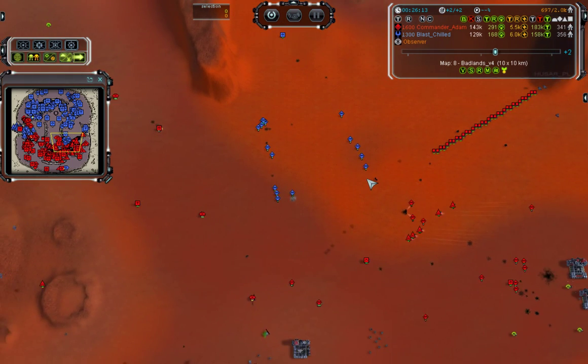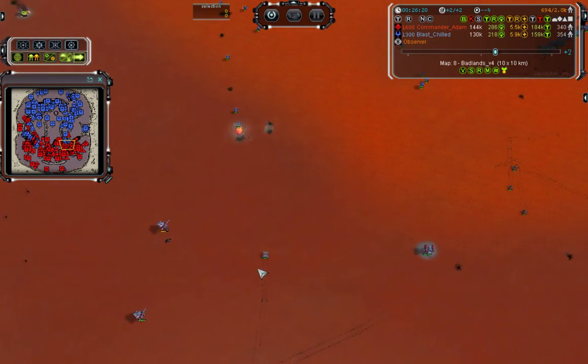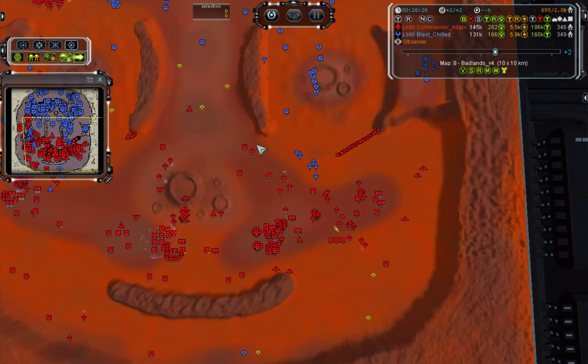Oh noes. T1 engineers, why? No, don't go in. You're gonna die. Sparkies, don't shoot the poor T1 engineers. I know they're Aeon, but...